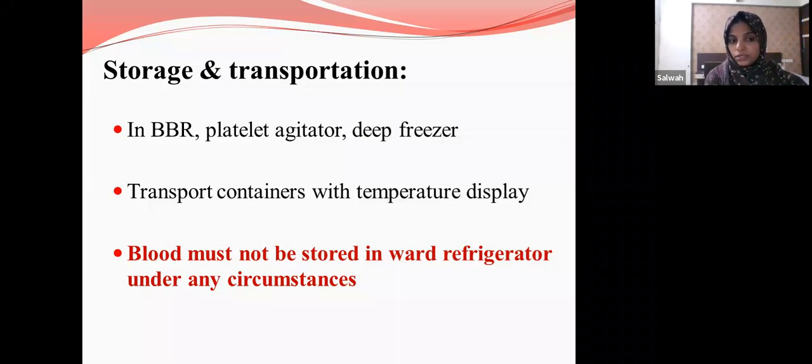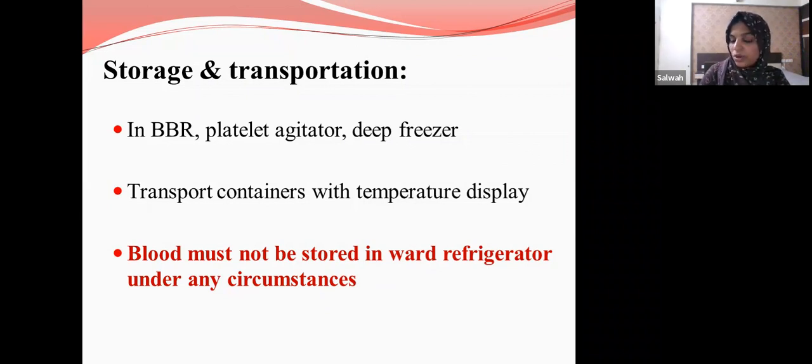And this is transported to the ward using containers having temperature display. It is very important to maintain the cold chain. Blood should never be stored in water refrigerators under any circumstances. This is because water refrigerators may not be